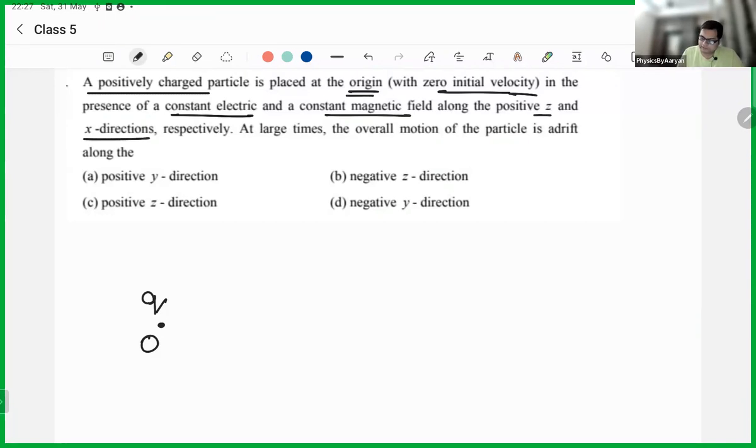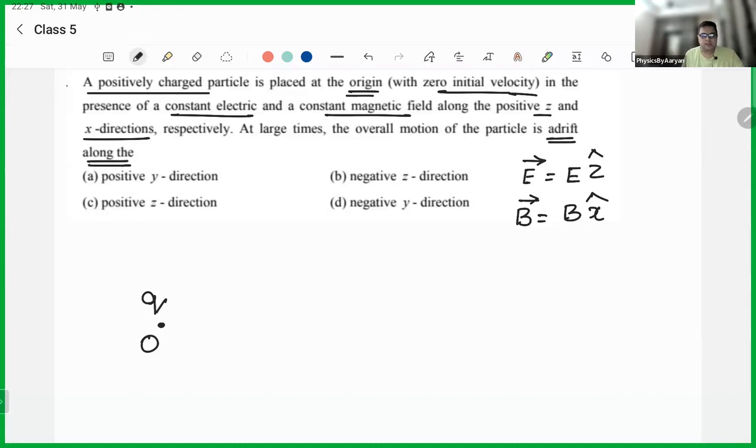Okay, so electric field is along positive z direction and magnetic field is along positive x direction. Okay, so this is what is happening. Perfect. At large times, the overall motion of the particle is a drift along